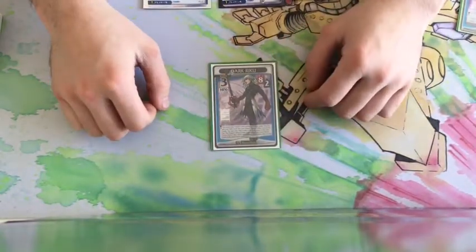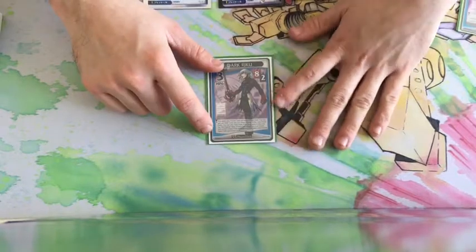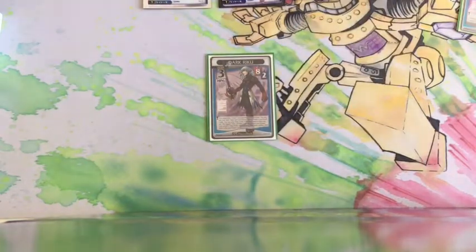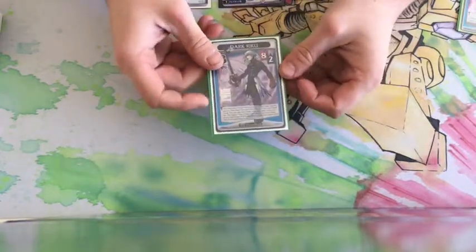Dark Riku from Light and Darkness. Again, I have this deck built. I will show it eventually. So, this card states that you cannot play any friend or magic friend cards. You may put dark cards in your friend zone as they are played as friend cards. You may play dark cards of the same name in this zone, so basically it means that you can play